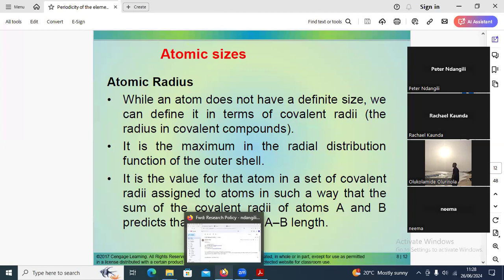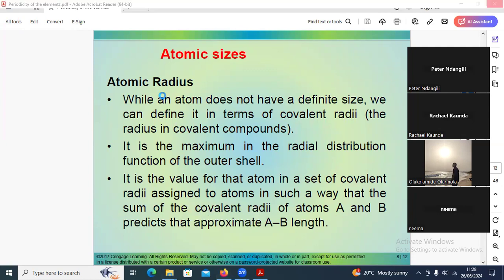Let us talk about atomic sizes, atomic radius. Now, we say that an atom does not have a definite size. But we can talk about the atomic radii in terms of the distance between the nuclei of two adjacent atoms that form a covalent bond. And therefore, we are defining it in terms of the covalent radii. It is the maximum in the radial distribution function of the outer shell. And here we can illustrate